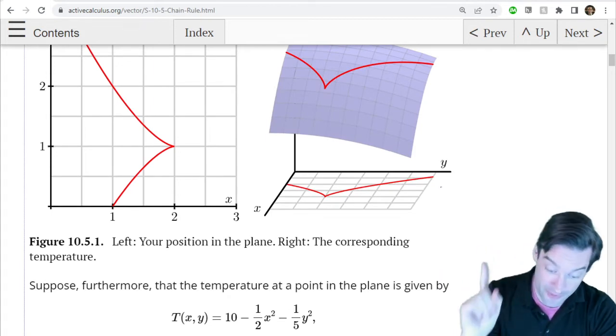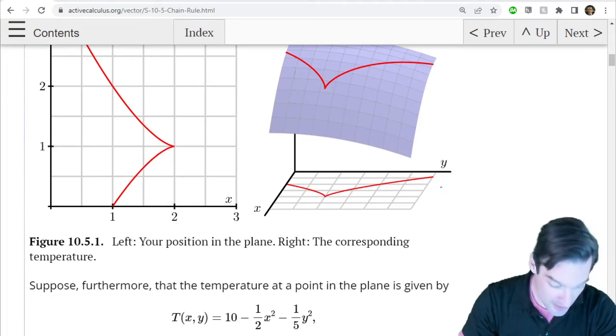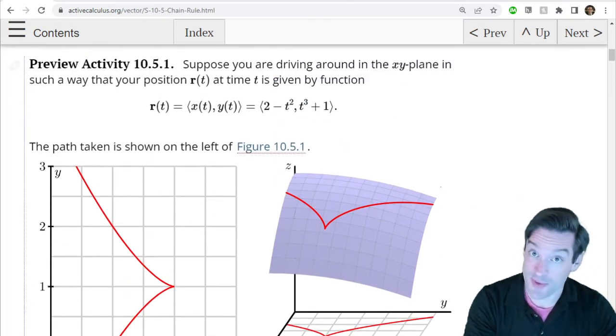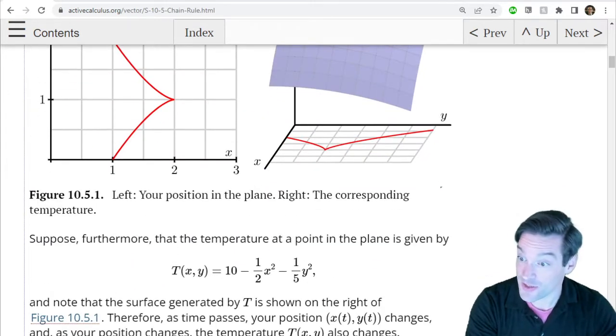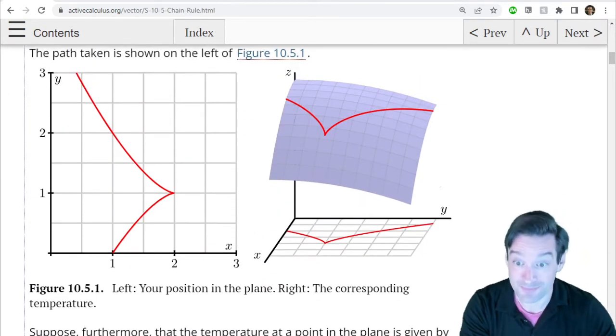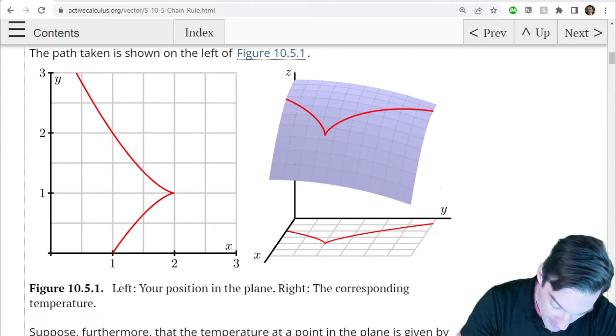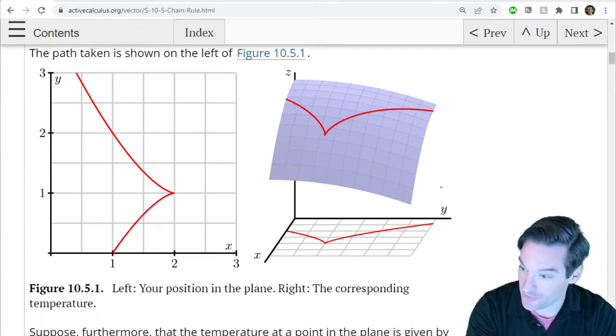So it's like you give me one scalar as an input. I turn that scalar into a vector in the xy plane that tells me my position. And then I have another function that turns that position into a temperature at that position. Right? And so what our diagram for that might look like, if we use the same kind of picture that we did for the single variable chain rule,